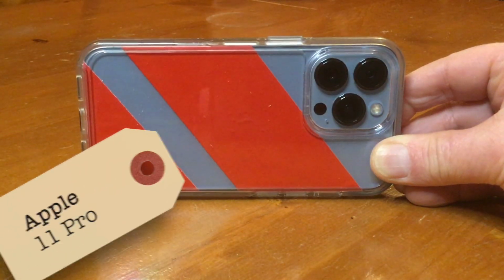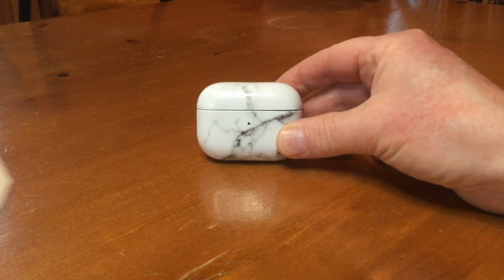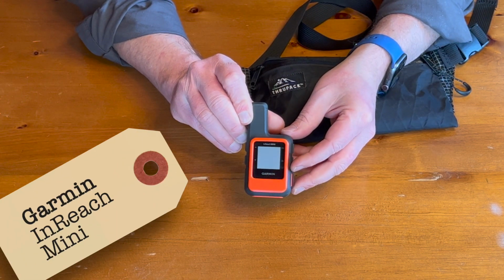My cell phone was an Apple iPhone 11 Pro with an OtterBox case. What you see now is the iPhone 13 Pro. I've since upgraded. And for my headphones, I use the Apple AirPods Pro. But inside I would have things like my Garmin inReach,